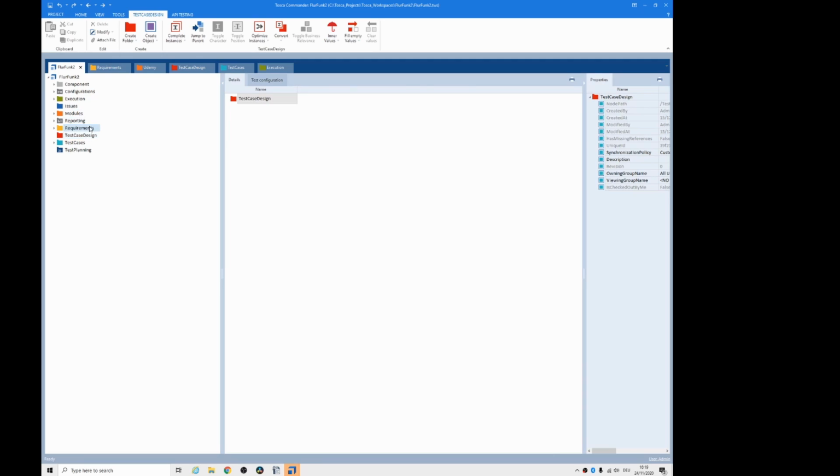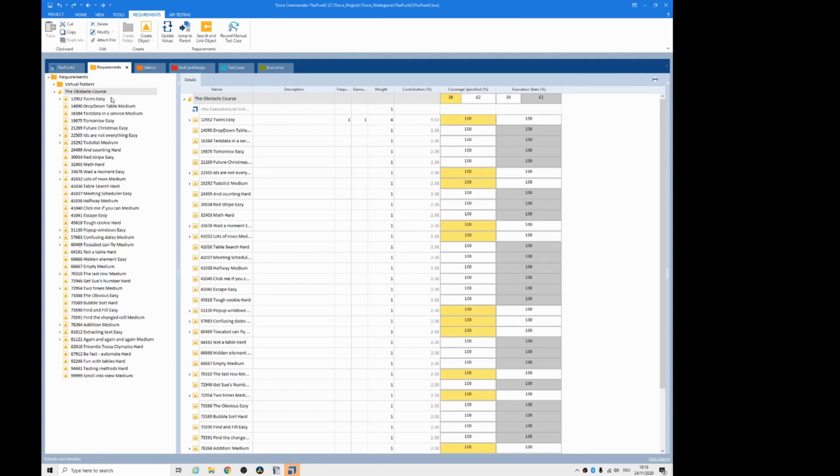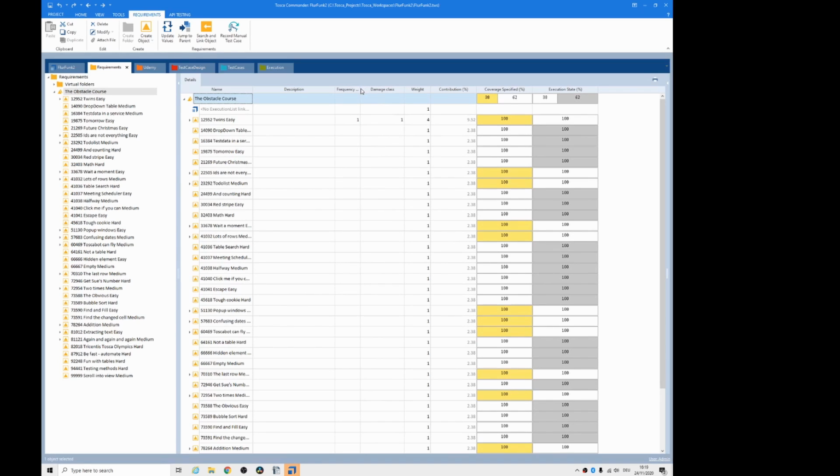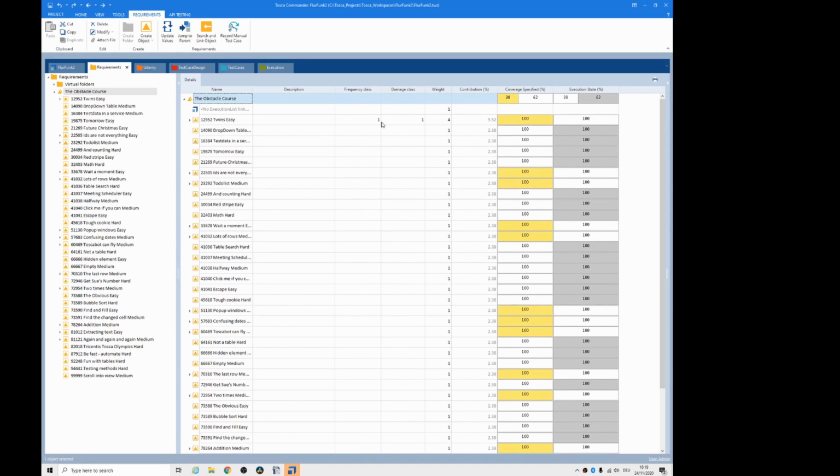And you got your requirements. So if we look inside the requirements, we can see here I've just put in all the obstacle courses, all the obstacle course videos I've done. But you can get into quite sophisticated requirement trees, where you can specify the frequency and the possible damage caused by an issue with that particular requirement. Okay, and in here, although I've left it blank because it's largely irrelevant for the video series that I did on YouTube,